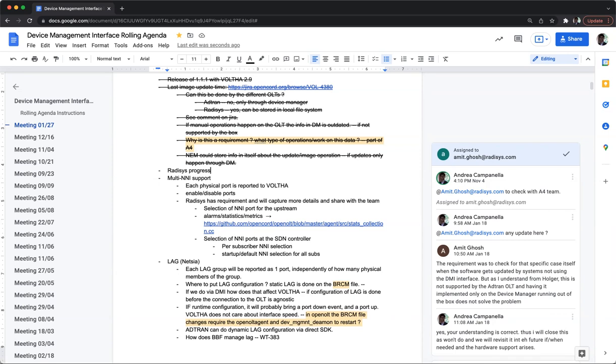What that yielded was the fact that you couldn't really perform certain LAG elements, and also you couldn't really know what the speed of the port you were using.